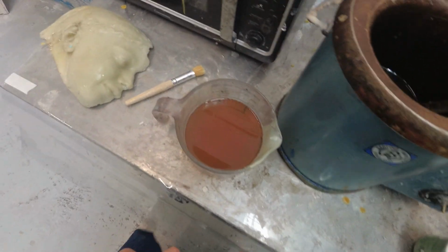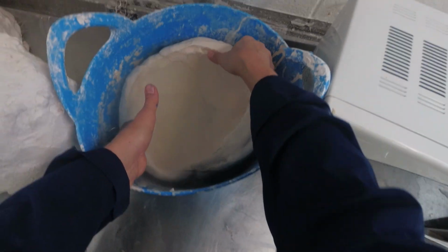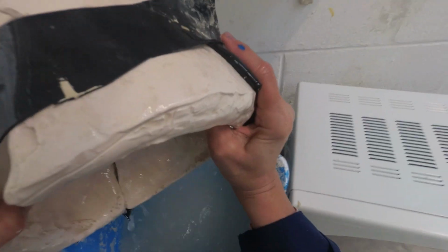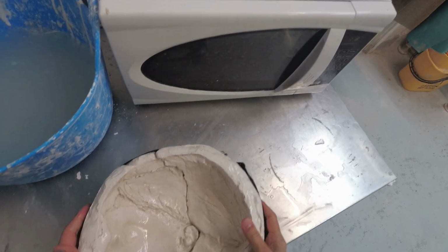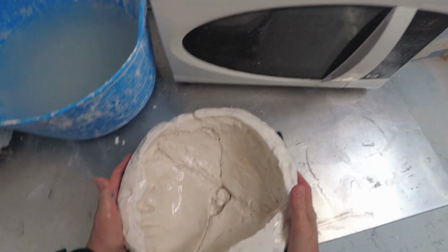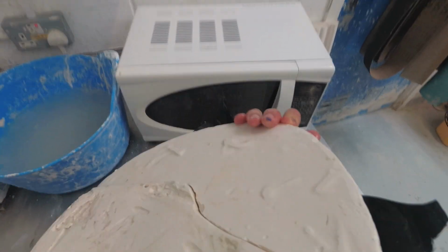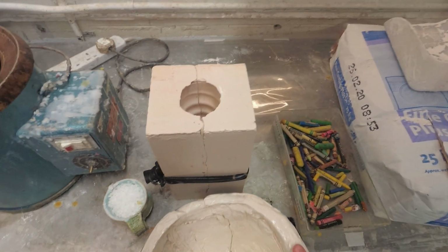But if it so happens you've got a mould with a lot of fine detail, like this body cast here, I'm just draining it. It's been soaking, and it's held together with these elastic bands from bicycle inner tubes or car inner tubes. Right, do you see that has quite a lot of detail? So rather than pour the wax in, I'm going to stipple it in. So just to show you,